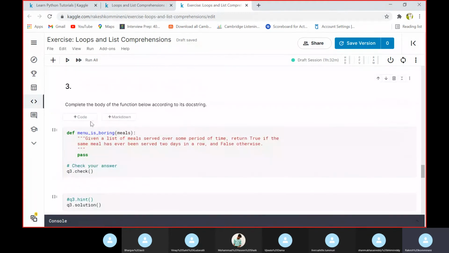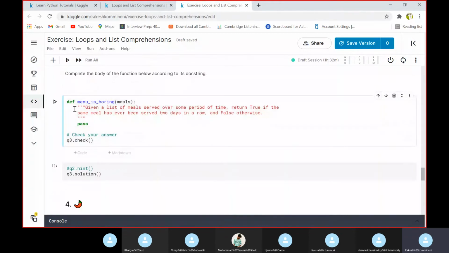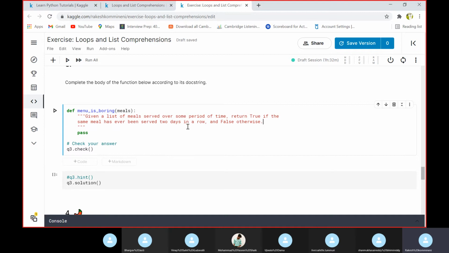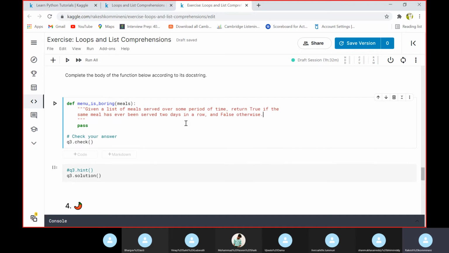And coming to the third question, complete the body of the function below according to its docstring. menu_is_boring is a function, given a list which gives the list of meals served over some period of time, return true if the same meal has ever been served 2 days in a row, and false otherwise.